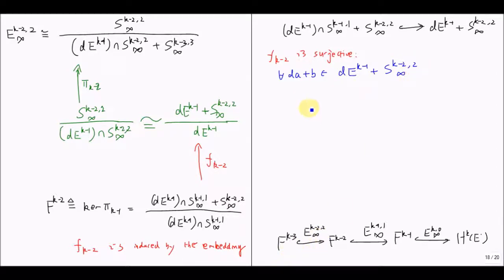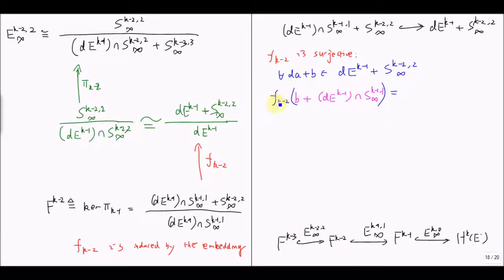So the equivalence class this element is living in represents an arbitrary element from here. Now we want to find an element in here that can be sent by f sub k minus 2 to the equivalence class of this element. Now we consider this equivalence class, and we apply f sub k minus 2,